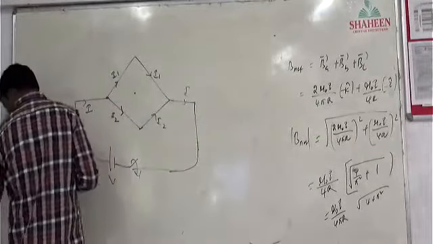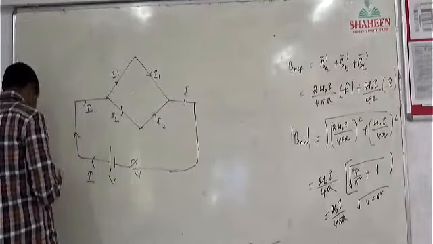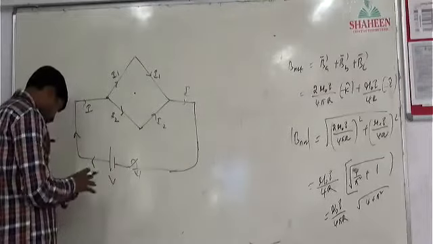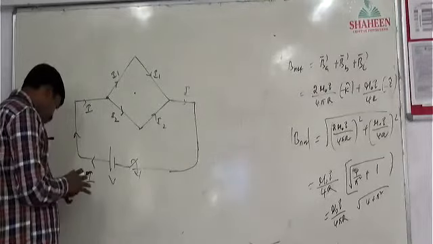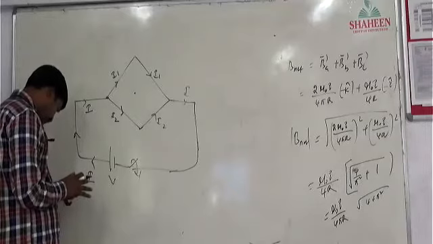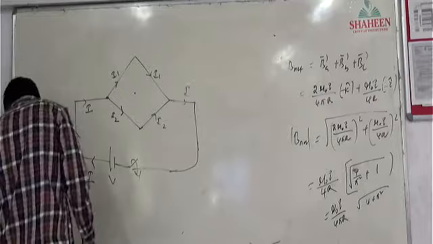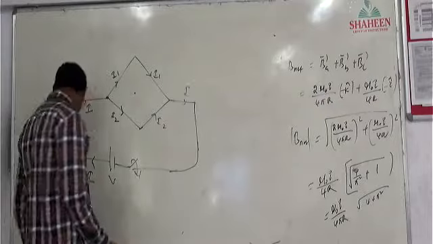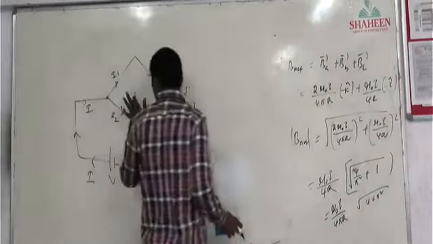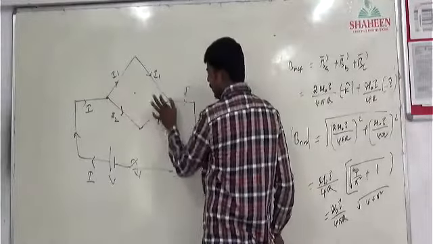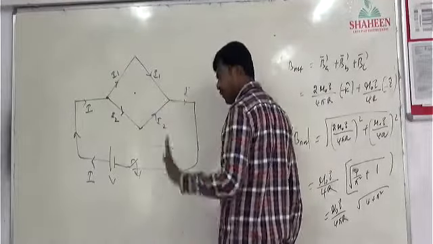at this point, exactly the center of that loop, the magnetic field. Center of the loop, they want to find the magnetic field. Simple. See, at this center, what is the magnetic field due to this wire, this wire, this wire, this wire? The net magnetic field they want to calculate.